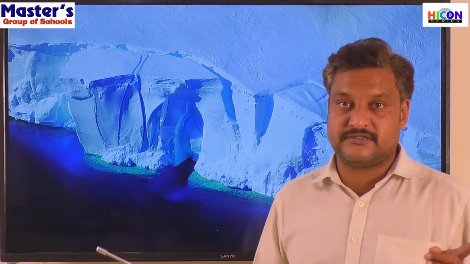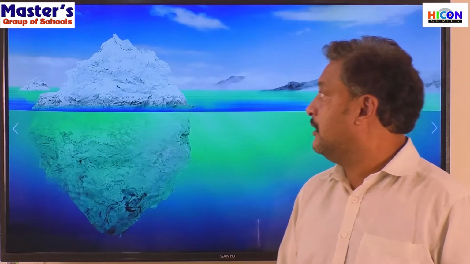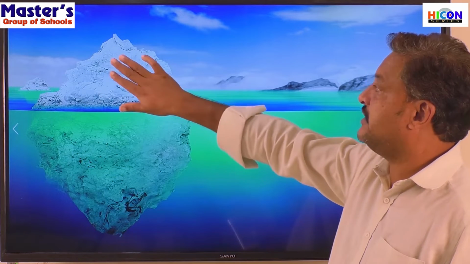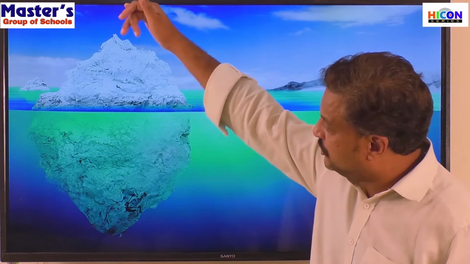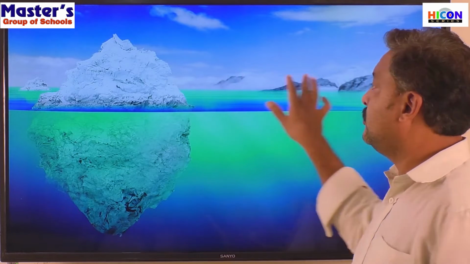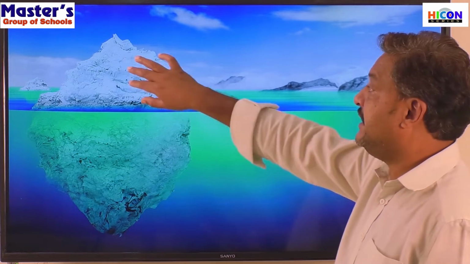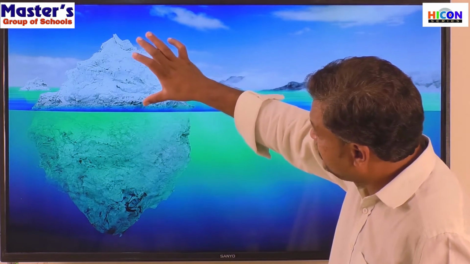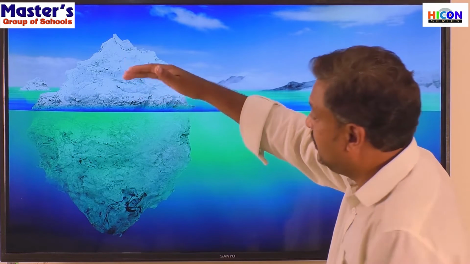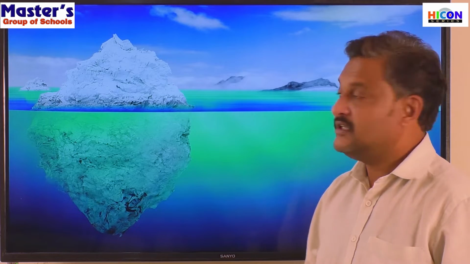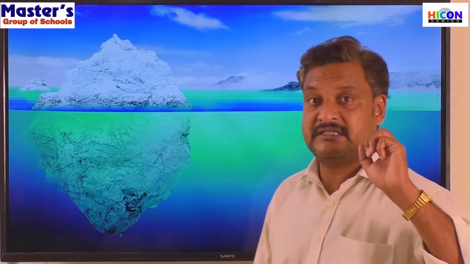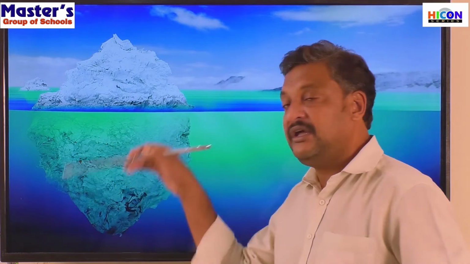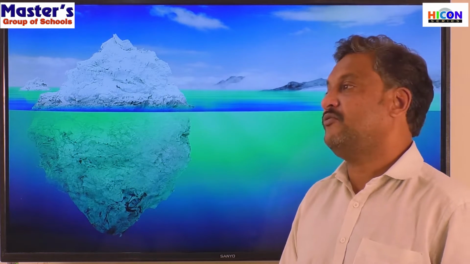Icebergs are very dangerous. Okay, so this is a floating mass of ice, which got broken away from the huge ice caps. And this is dangerous because, see, only this much is what we can see above the water, and this much is there below the water. Okay? What we can see on top of the water is comparatively very less, whereas the huge chunk of it will be below the water. So most often what happens is,